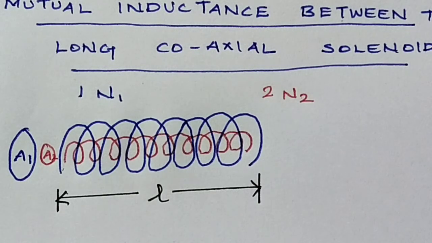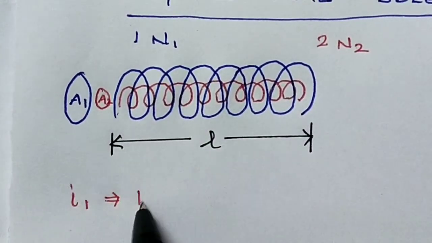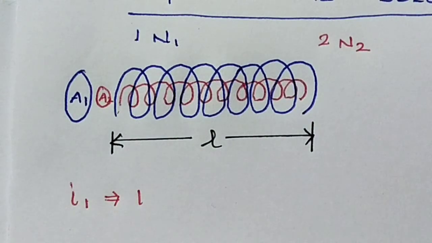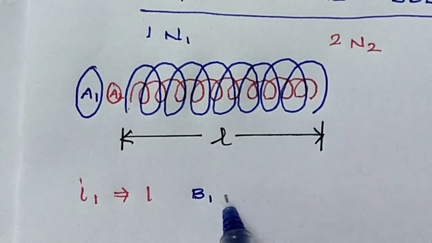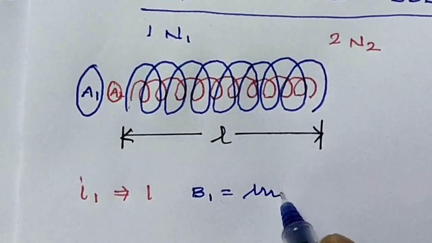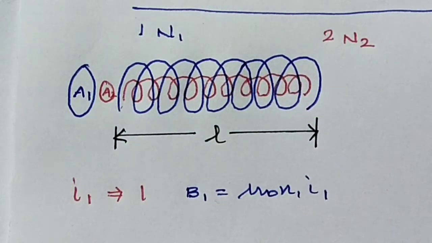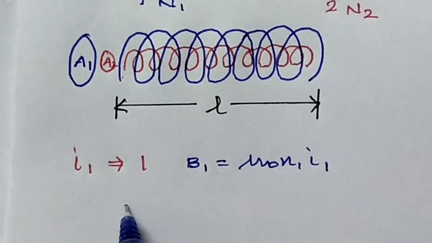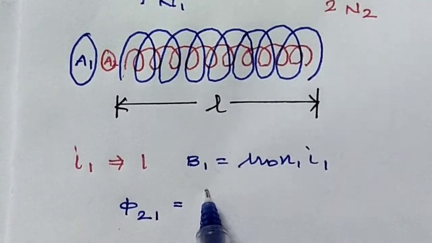Now the current flowing in the first solenoid is I1. The magnetic field produced inside that solenoid is B1 equal to mu naught n1 I1. This B1 passes through the area bounded by solenoid 2. So the magnetic flux linked with each turn of solenoid 2 due to the current I1 is the flux of the second solenoid with respect to the first solenoid, equal to